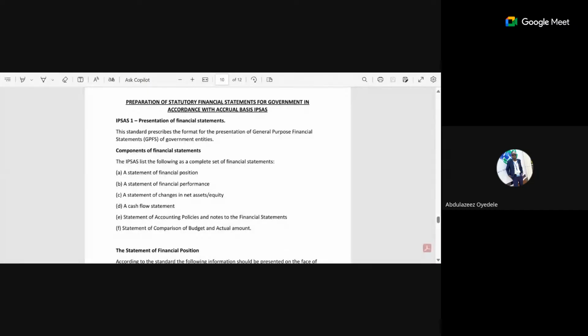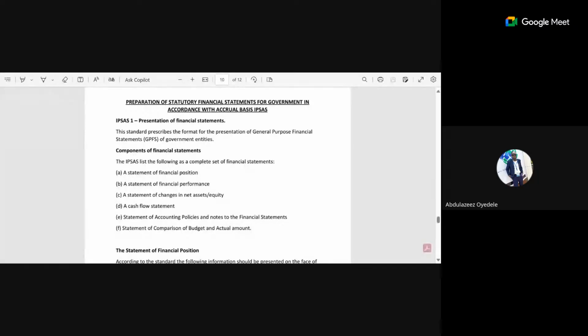Okay, so let's look at first the statement of financial position. It is the statement of financial position that we have known before. It's not changing. It's just that this one is prepared for government. And what we know as the nature of the statement of financial position is that it contains assets and liabilities. That's all. And then equity. So inside the statement of financial position, you see all the assets of that entity, all the liabilities of the entity, and then their equity position as well.